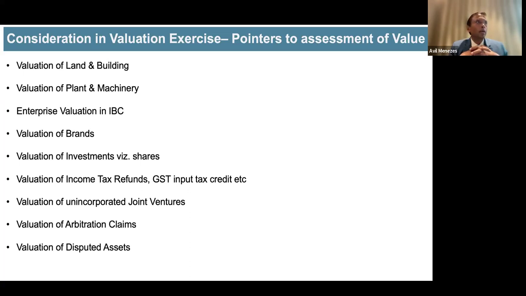And then we looked at both the reports and we understood a fundamental error which was done by one of the plant and machinery guys, where he had said replacement cost. He said, if you want to build a new factory like this, then this is the cost. I said, boss, you're looking at an IBC valuation. This was quite early in the day. So you'll have to give me value of the asset as is, where is basis based on prevailing conditions.